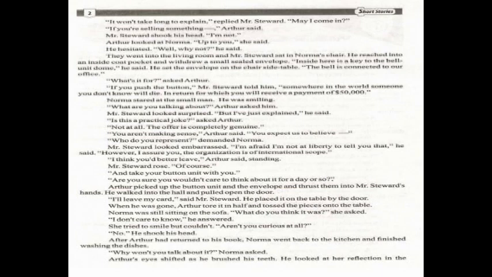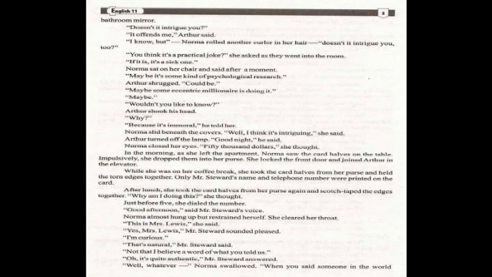Dear students, now I would like to give you a brief overview of this story. As I have already told you in one of the previous slides, there are only three characters in the story: Arthur Lewis, Norma, and Mr. Stewart. Arthur Lewis and Norma are playing as husband and wife, so quite naturally they have been living together for quite a long time.